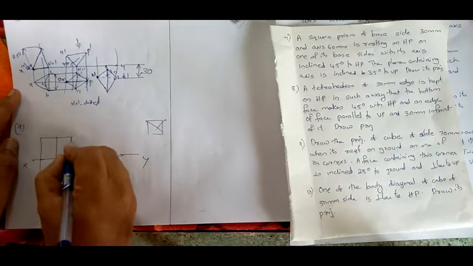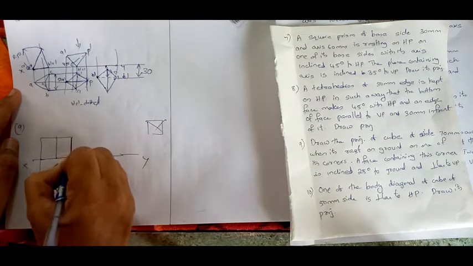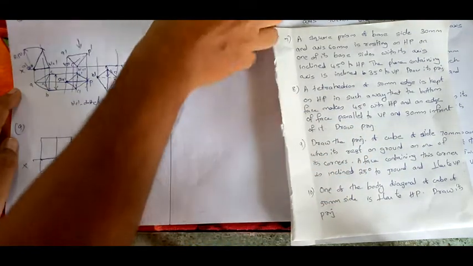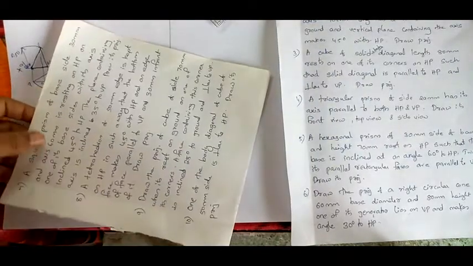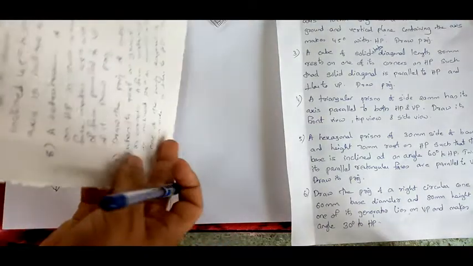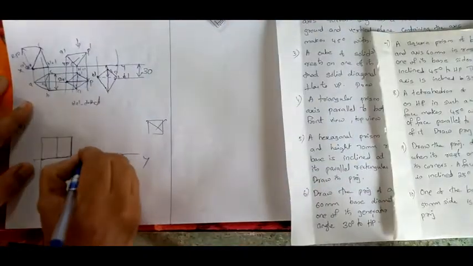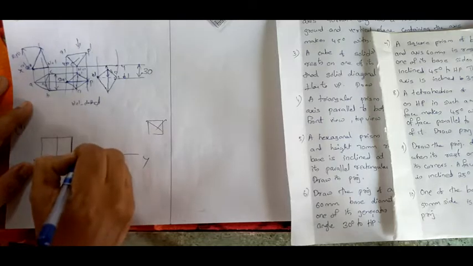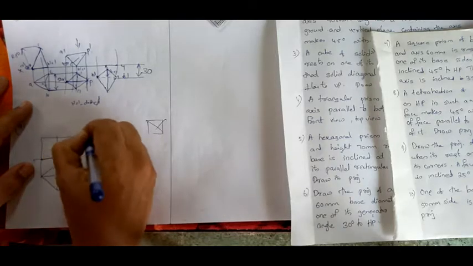See, usually what you will do, you will be giving inclination to this face, but that face if you rotate it will not be perpendicular to VP. Instead you have to rotate this one. See, if it is resting like this, if you are giving inclination to this base, this is still perpendicular to VP, that perpendicularity won't change. So rotate such that this base is inclined 25 degrees to the ground,